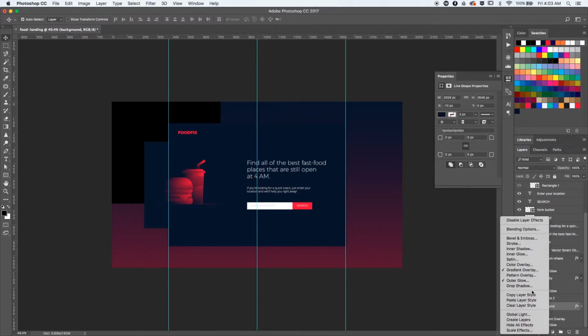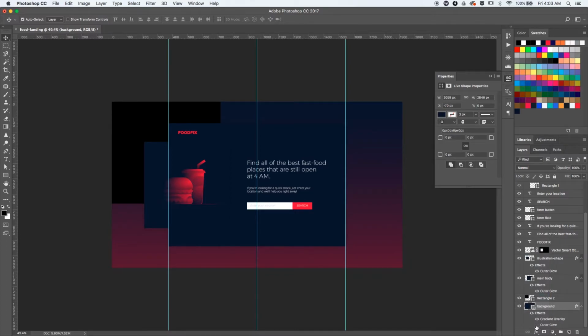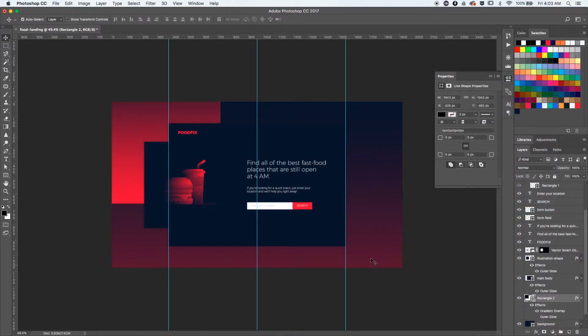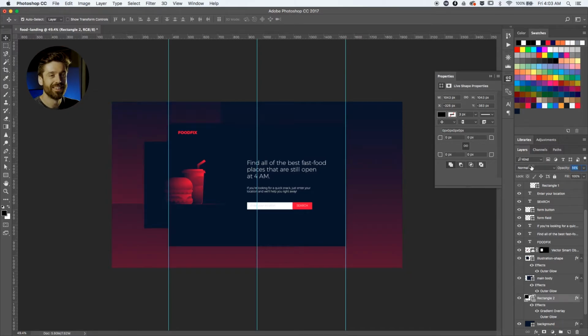And I'll align it with the bottom of the illustration and copy the layer style from the background shape and paste it to the rectangle layer. Again, it's way too much red for my liking, so let's lower its opacity. 14% should be okay, and while holding down the Alt key, let's create a duplicate of that shape and place